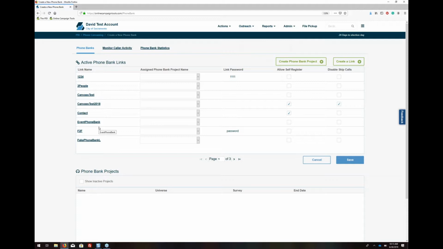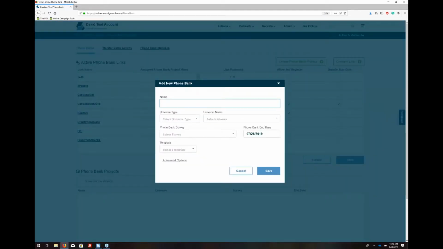Creating a phone bank, nothing has really changed there. You'll just click this Create Phone Bank Project button here, assign a name, select universe type, universe name, phone bank survey, and an end date. For phone banks that use people universes rather than voters, we do have a new feature called templates. So if I select this people option here, I'll have this template option down here. And then inside of here, we can select the template that we'd like to use